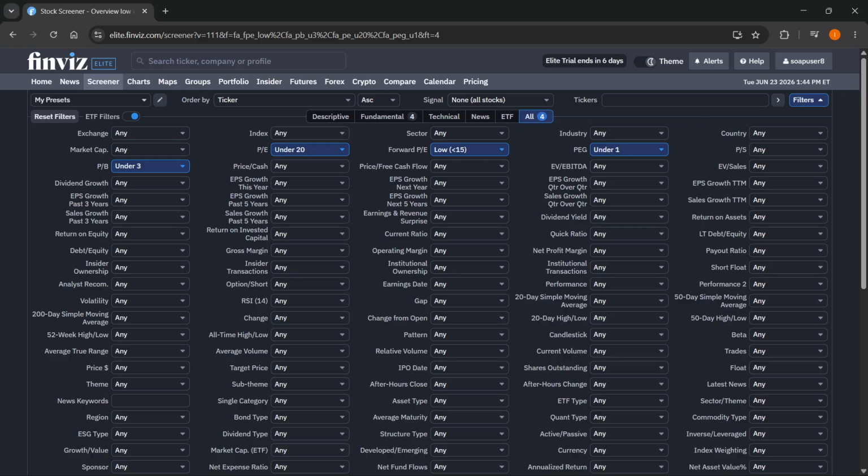Now it's going to start refreshing over here. There we go. We have the first filters. Now what I'm going to do is filter out some of the value traps, because a stock can look cheap for a good reason. You can add a few different criteria. So I'm just going to go and